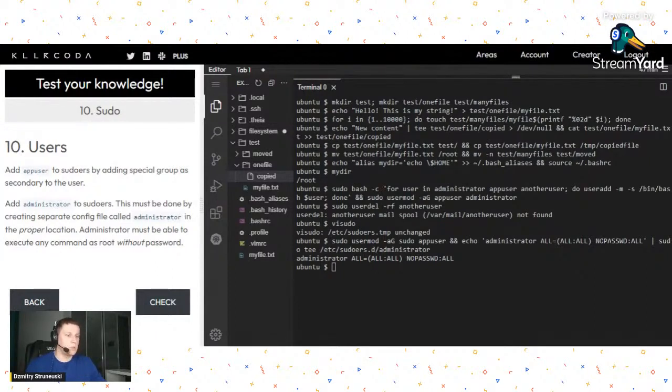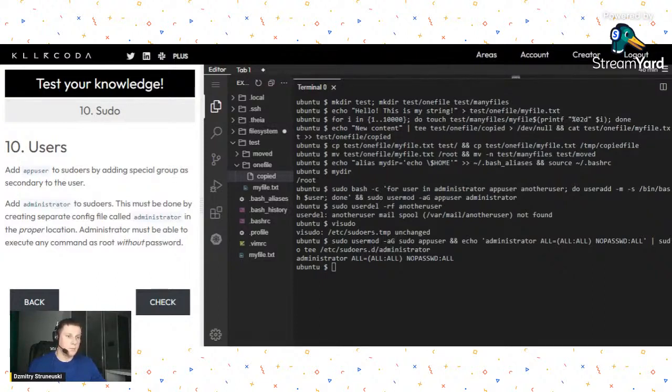That means we add the user to the specified groups, and then goes the group name sudo, and last we have the username abuser. Okay, then we have a logical AND,